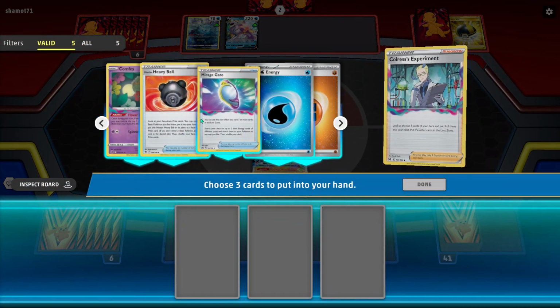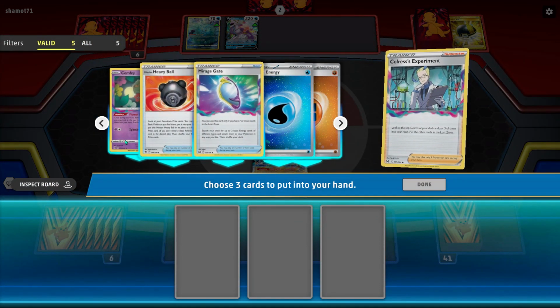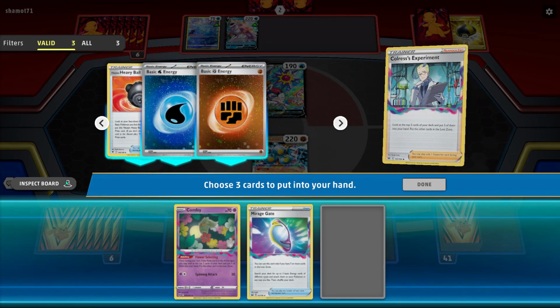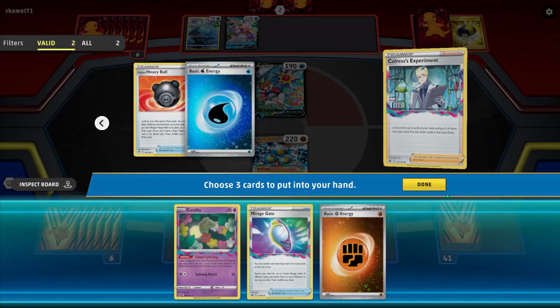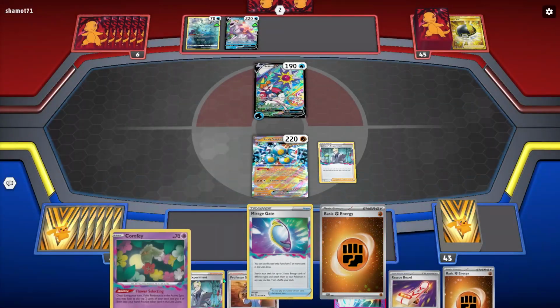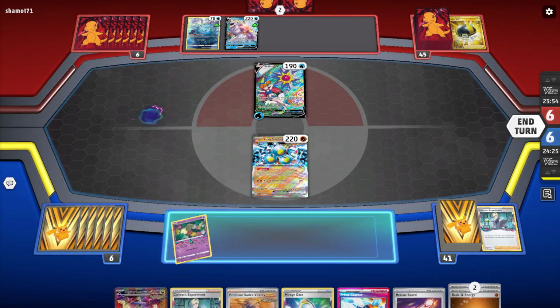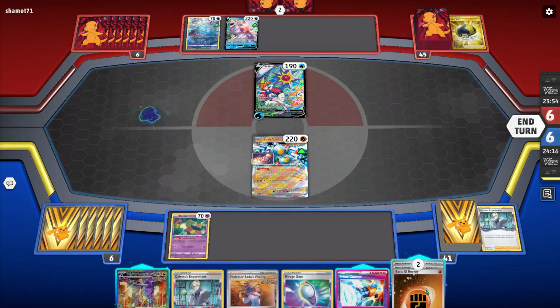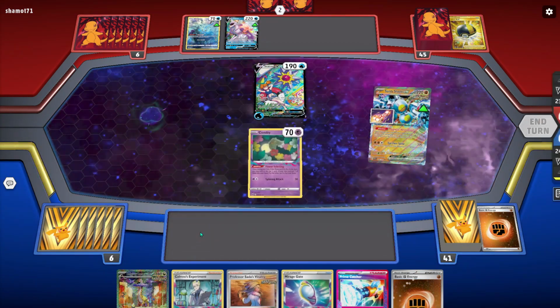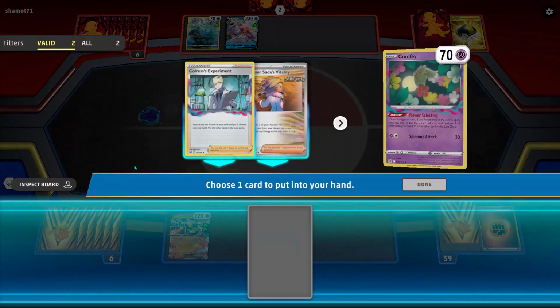But they get down a Palkia, so now I'm just not really sure. And this is a pretty awkward Colress, because once again, I don't know what's prized, and I don't have much going on in my hand, and I'm forced to either use my Prime Catcher or hard retreat and use my Rescue Board on the Sandy Shocks, which I